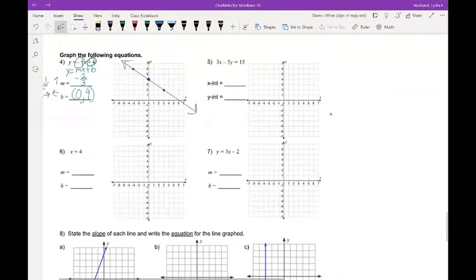Number 5 is a little bit different. Hopefully we should notice that number 5 is not in slope-intercept form. This is actually what we call standard form. It's ax plus by equals c. Okay, and so the easiest way to solve something that's in standard form is by finding the x and the